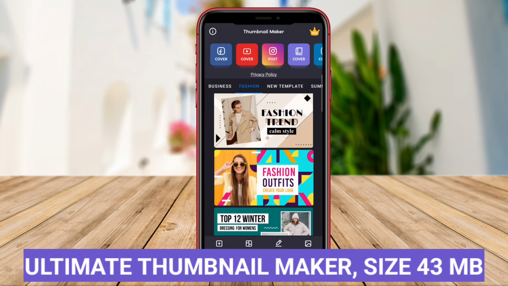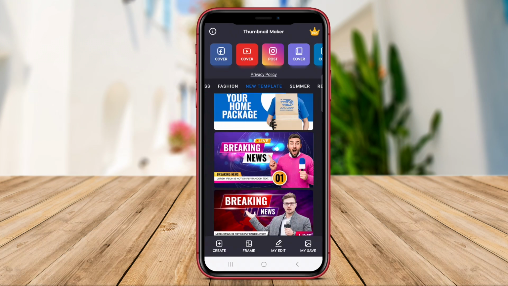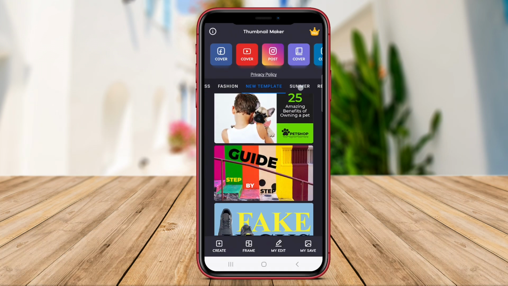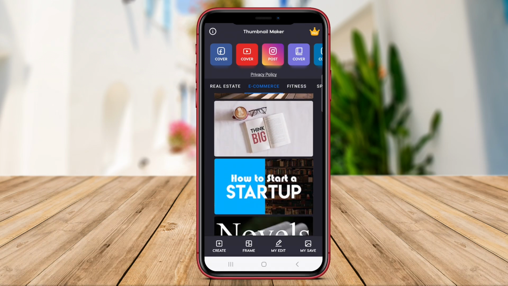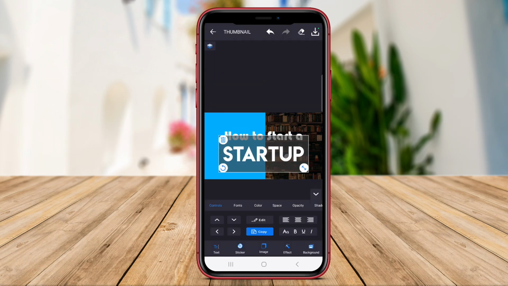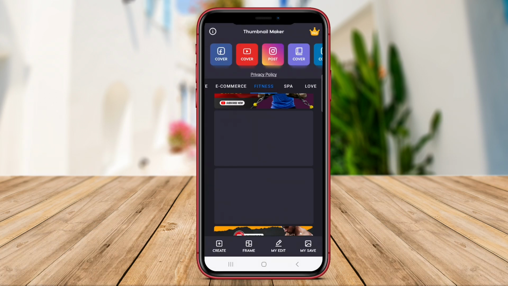Ultimate Thumbnail Maker. Ultimate Thumbnail Maker is a dedicated application specifically tailored for crafting thumbnails for YouTube videos. This app provides users with a diverse selection of templates and design elements that can be easily customized to create unique and compelling thumbnails. By offering a straightforward process for selecting and editing templates, adjusting text and graphic elements, and